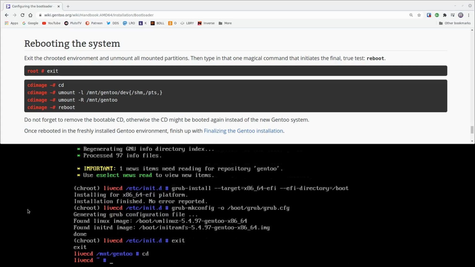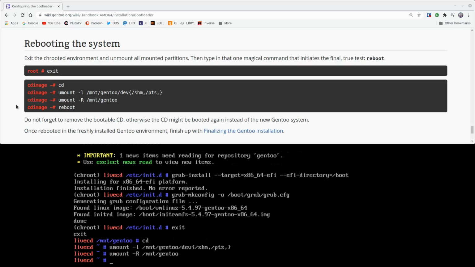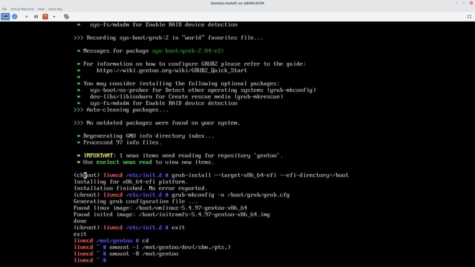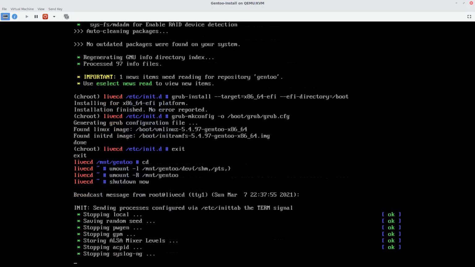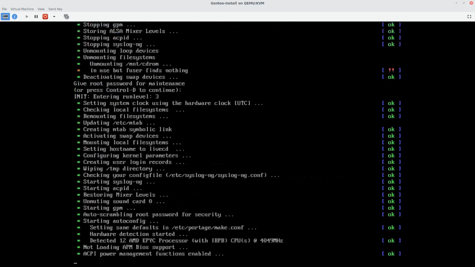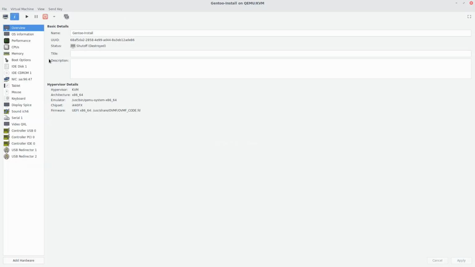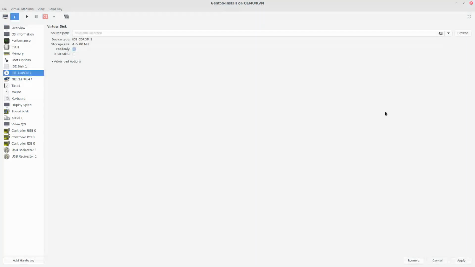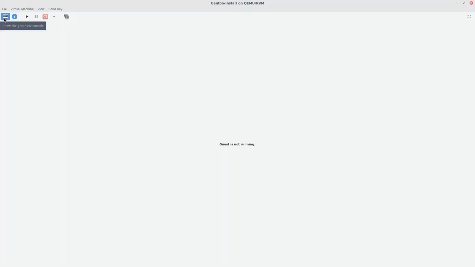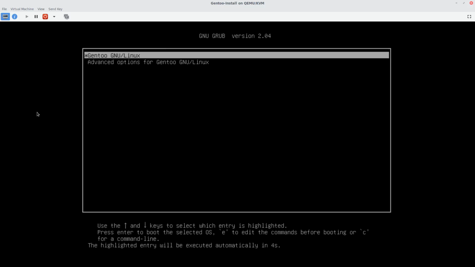So do a cd, then you're going to unmount everything. And now don't forget to remove the bootable CD, or we're using a virtual machine, so the ISO file. So instead of reboot, I'm going to shut down so that I can remove. Okay, that didn't work. So I'm just going to catch it while it's rebooting here. Force off and then remove the ISO. So now it should boot directly off of the disk. So fingers crossed. We have grub, enter,